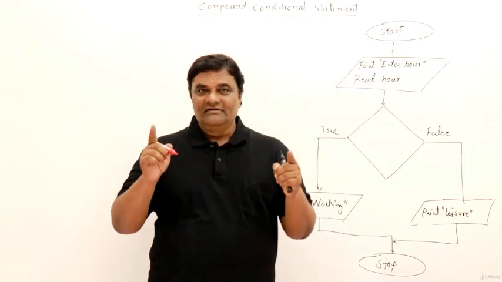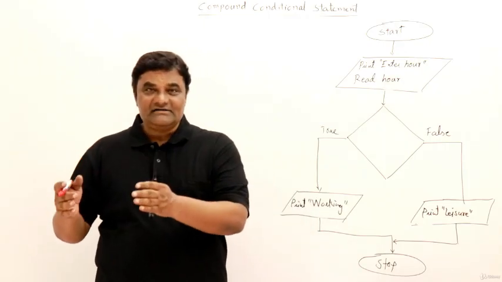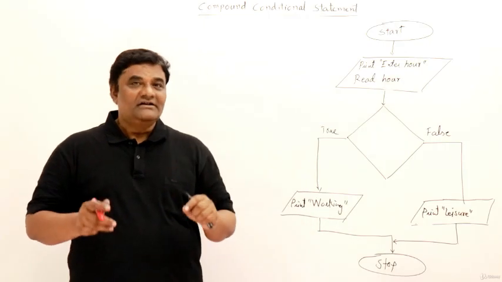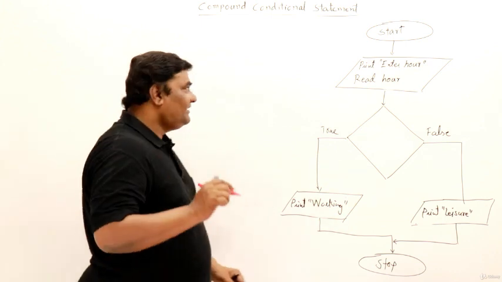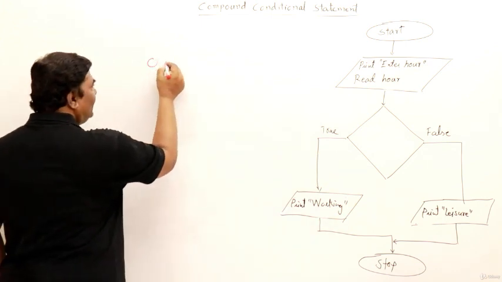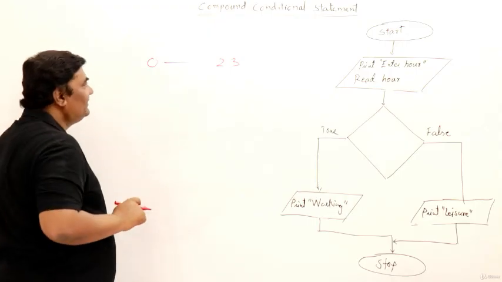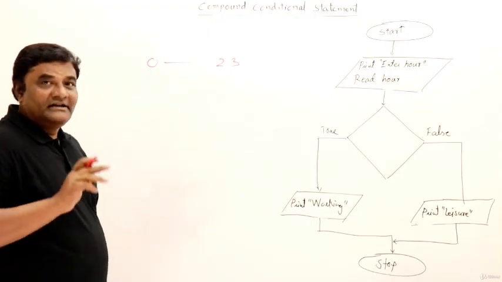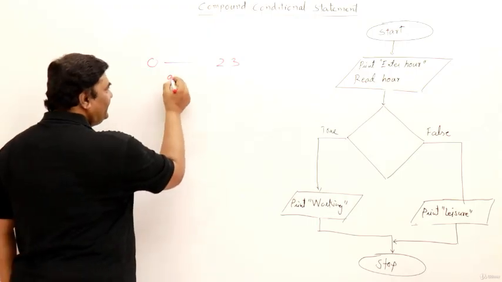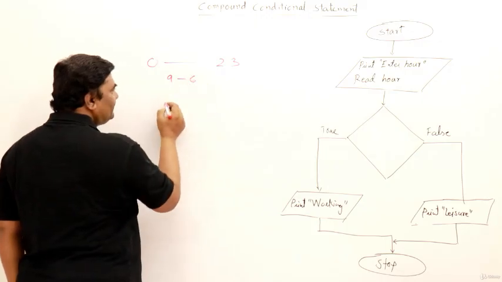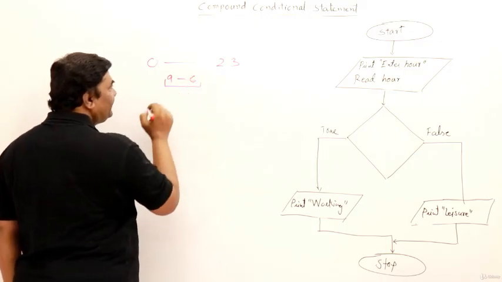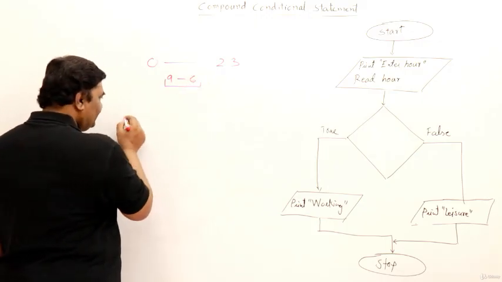See, let us take an example of working hours and leisure hours. In a day, the hours start from 0 hour to 23 hours, total 24, including 0. Total 24 hours are there. Now in this, from morning 9 o'clock to evening 6 o'clock, these are taken as working hours. So if I draw a line for